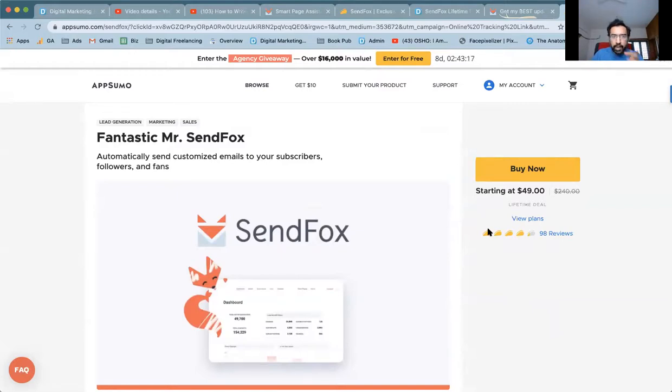So go ahead and sign up for an account at AppSumo, but this will have a credit card payment. All right, this will have a credit card payment. So Sagar Dasgupta, yes, this is like ConvertKit. This is not my tool. I am promoting this as an affiliate, and I am promoting this as an offer for you guys.